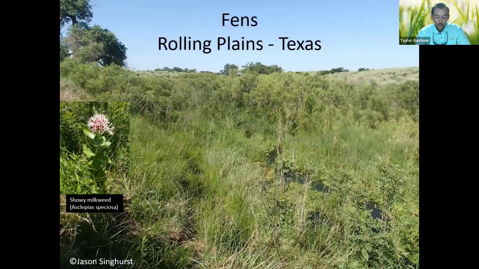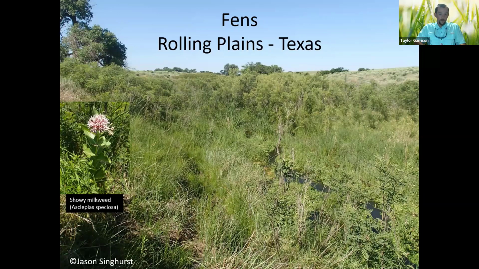So moving on to the last wetland type that is not as familiar or common in Texas, but we do have a few. These are called fens. And so fens are a peat-forming wetland that receives its nutrients typically from resources other than precipitation. So usually runoff or groundwater movement create wet situations in these wetlands. And so fens can actually turn into a bog if sphagnum moss grows throughout them. But typically in Texas, these are found in the rolling plains.